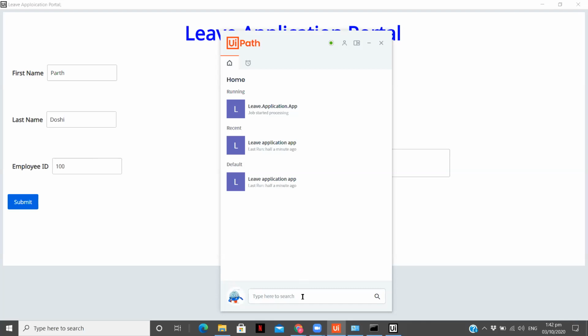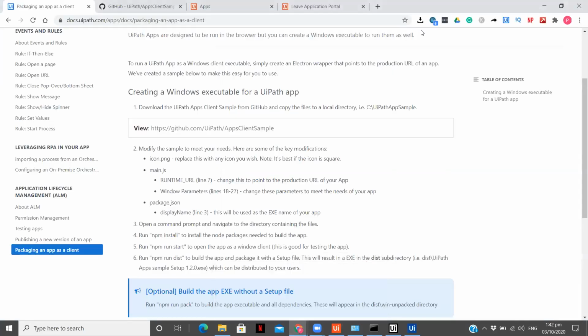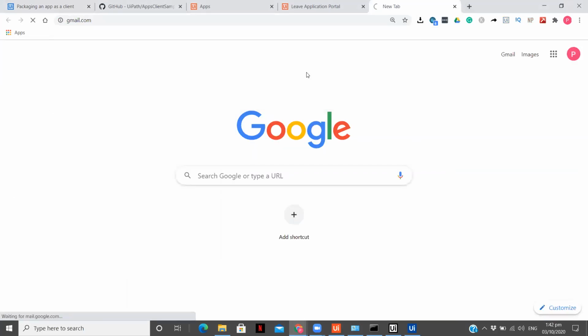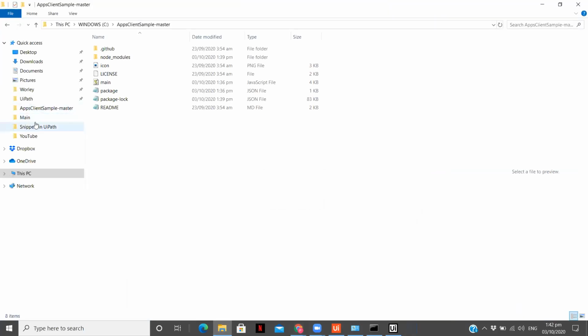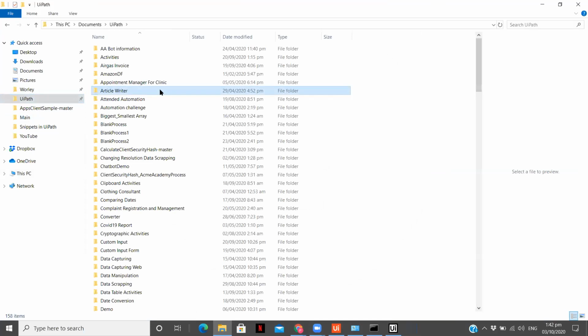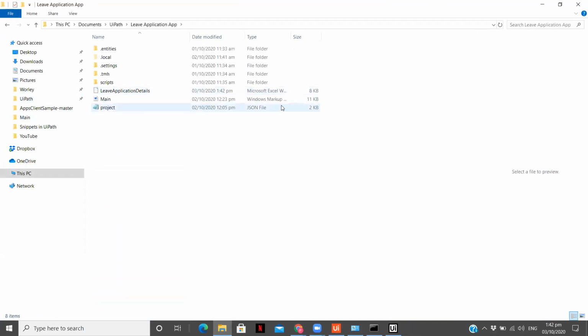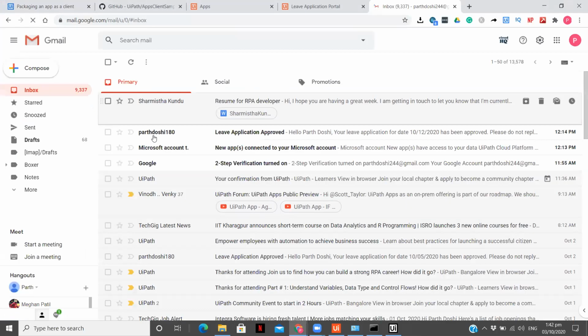So what I will do is go and check my email. Okay, let me open my Gmail ID over here, which I've entered, because it is going to send me a mail as well, that your leave application has been approved. And we also have the Excel file to be checked. Going to UiPath. In the previous video, I've explained in detail. You see, the last modified time was 1:42, and it's 1:42 p.m. right now.